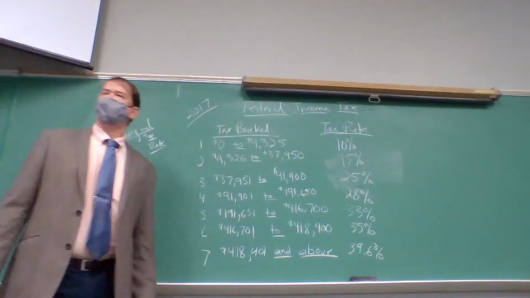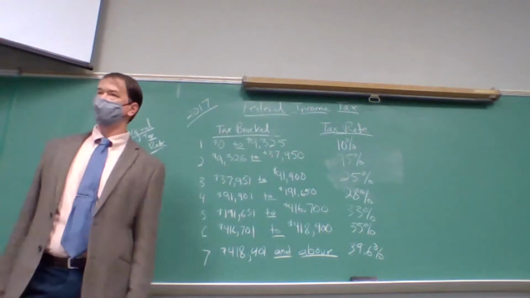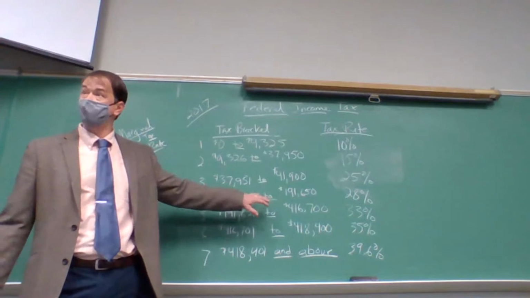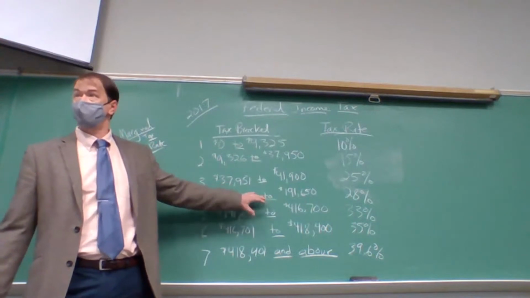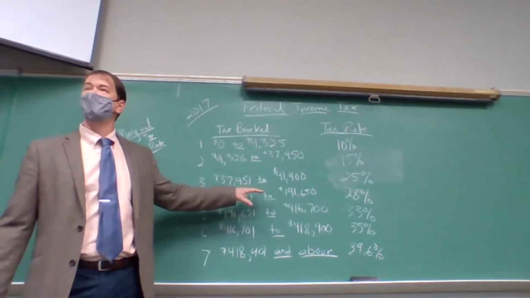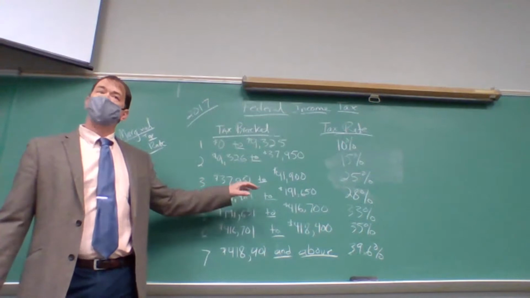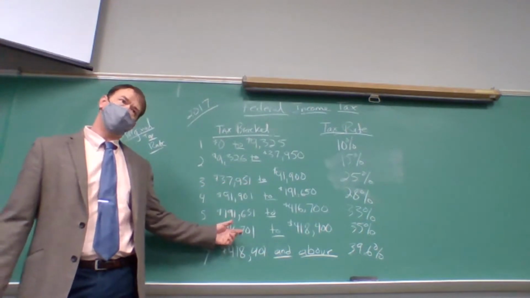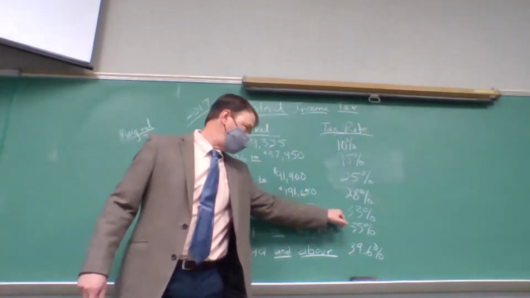I'll qualify that. Some of that's normative. Remember we talked about normative versus positive statements? This is a positive fact. This was the bracket in 2017. It's fairly similar in 2020. 2021, we'll see. Okay? But in my opinion, why else would there be a $2,000 carve out than to soften